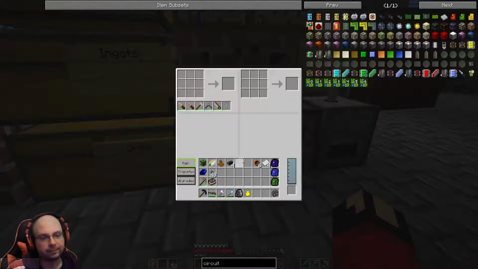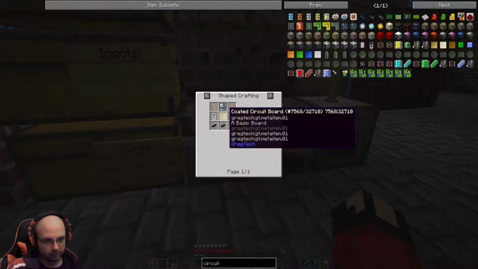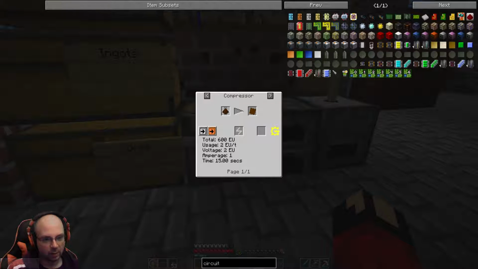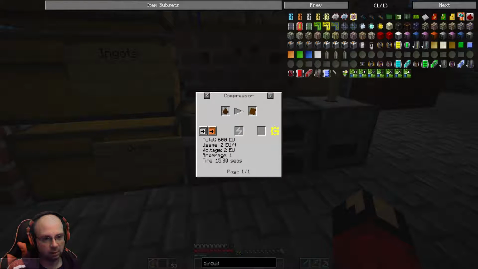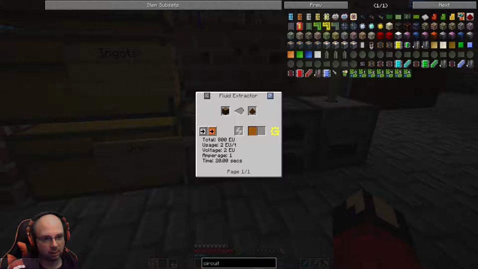Because when I think electricity, I think paper. 2, 3, 4. Okay. 2 vacuum tubes. And then the coated circuit board, which is just wood planks and sticky resin. No, that is not how you make wood planks. Wood pulp in a compressor. How do you make wood pulp again? I think you just stick it in a...